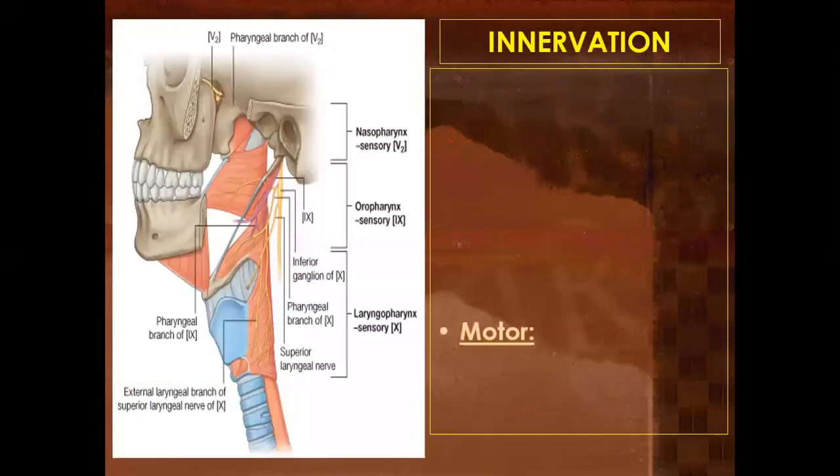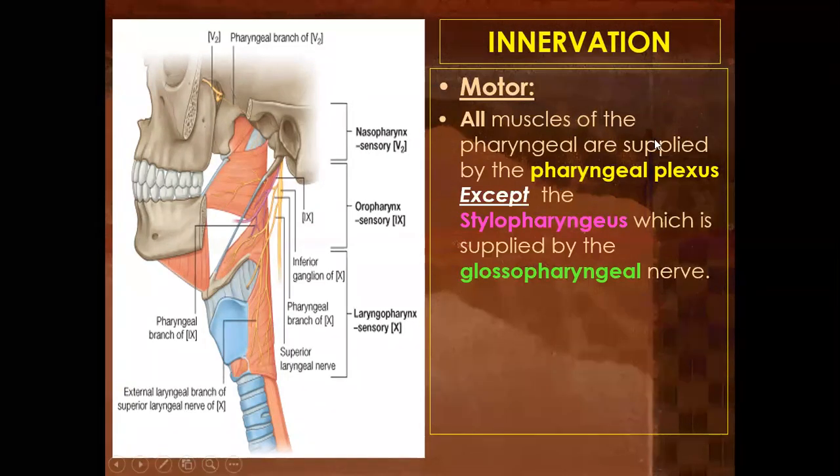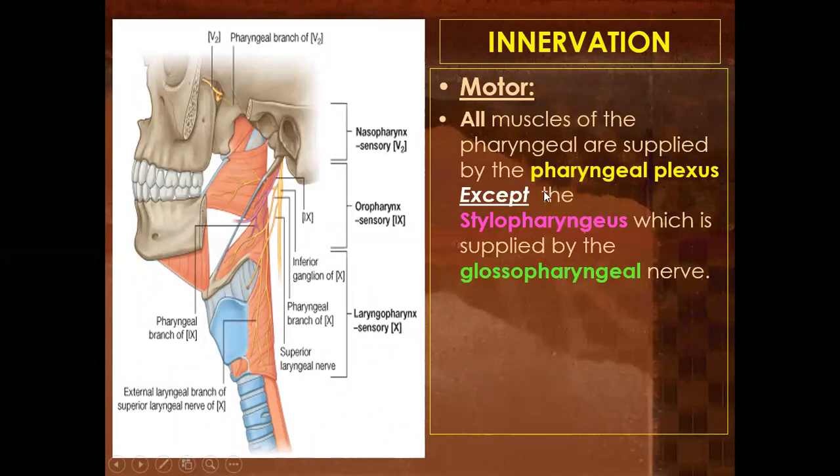Now coming to the innervation, the nerve supply of the pharynx. So what is the nerve supply? All the muscles of the pharynx are supplied by the pharyngeal plexus, except, again there is an exception, the stylopharyngeus, the muscle coming from the styloid process, which is supplied by the glossopharyngeal nerve. So all other muscles are supplied by the pharyngeal plexus except the stylopharyngeus, which is supplied by the